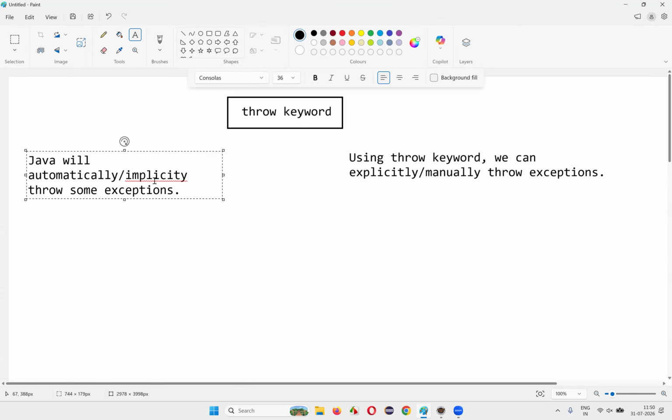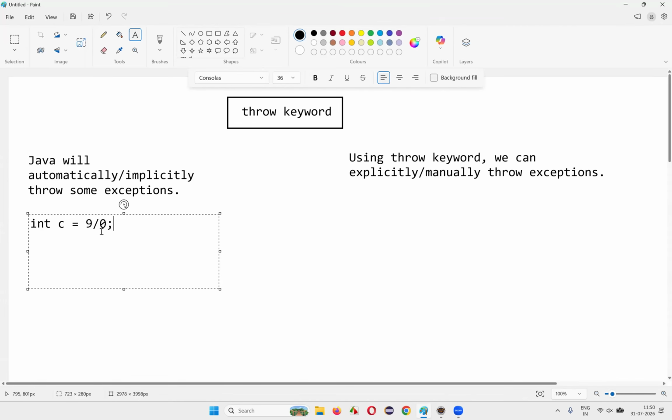For example, if I am trying to divide a number by zero in Java, Java will automatically throw an exception known as arithmetic exception. In this particular line, when you are trying to divide a number by zero, Java will